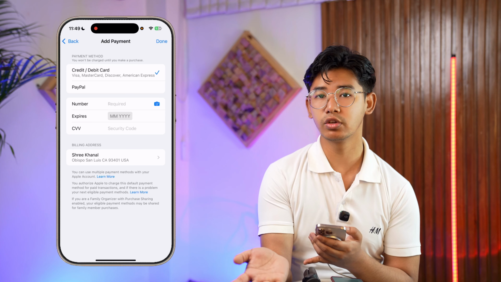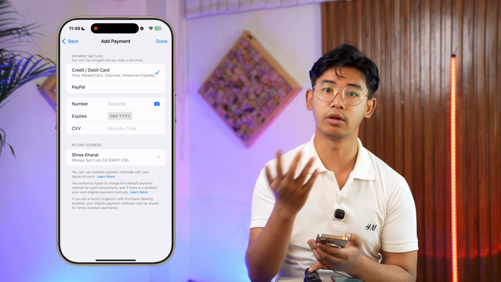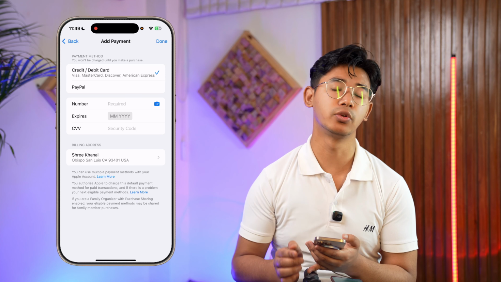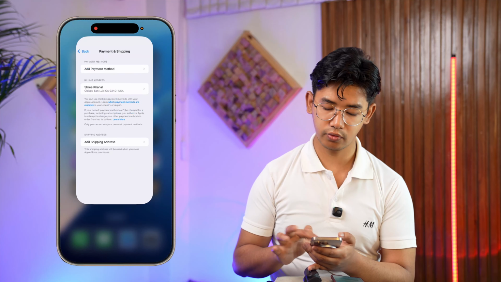So if you want to remove the current one and you have a subscription, in that case you can add another card by tapping on the add card button, and then you should be able to follow up with the changes. So these are the ways on how you can remove your payment method on iPhone, and also be careful if